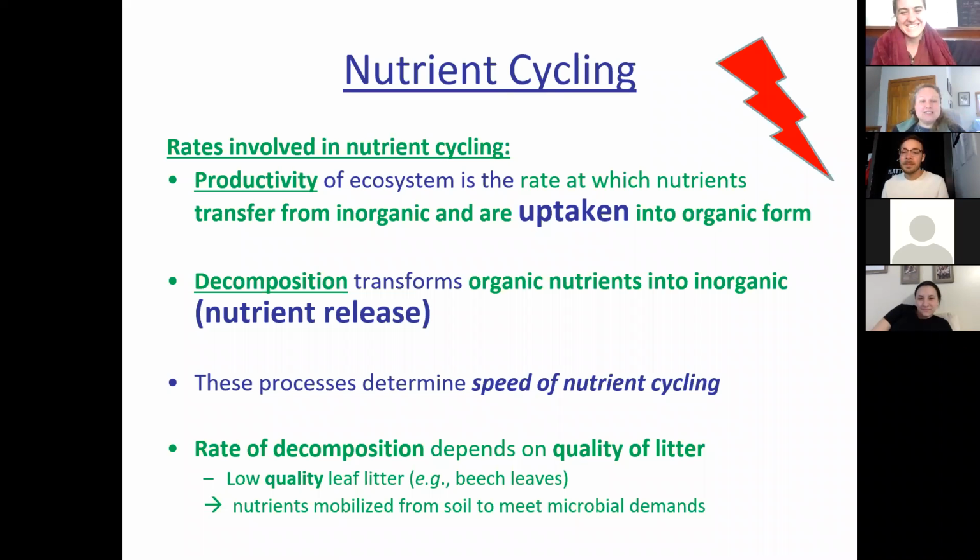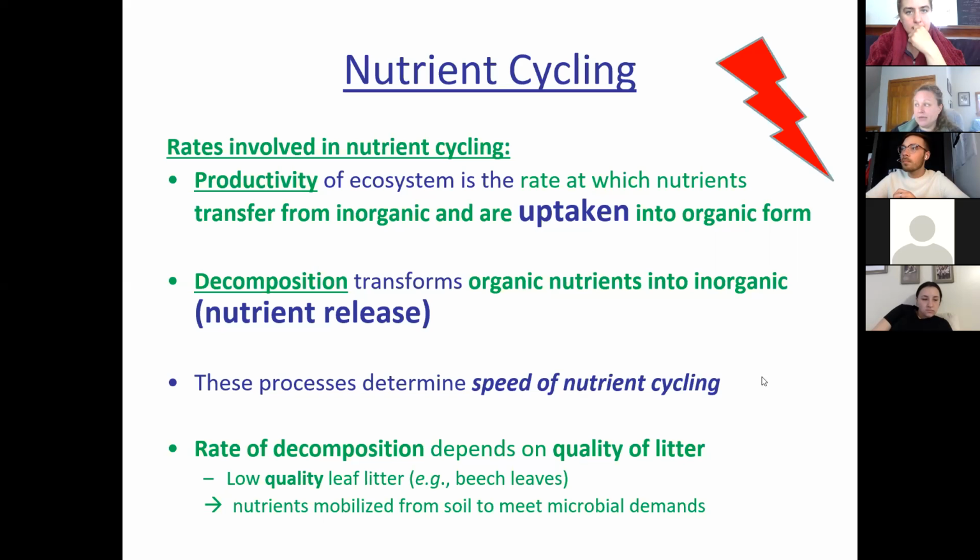So productivity is taking the energy, transferring that inorganic material, which will typically be drawn up through the soil in many cases, and transforming it into organic material, usually into plants. And then decomposition is the opposite end of the spectrum. This is the process where those organic materials will be decomposed and broken down with the help of fungus and bacteria and so on, and bugs, right? Turning it back into the inorganic nutrients that will go back into the soil and start the whole process again. So two ends of the spectrum, two processes. These rates are production, or productivity, and decomposition.